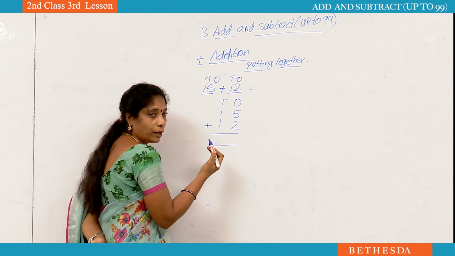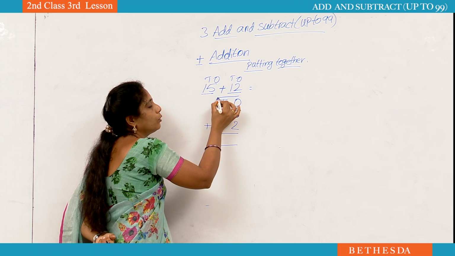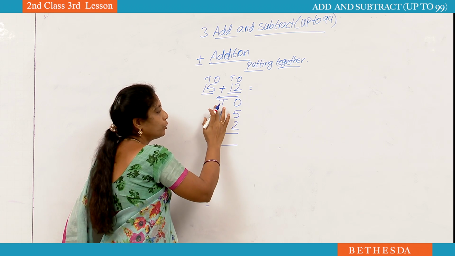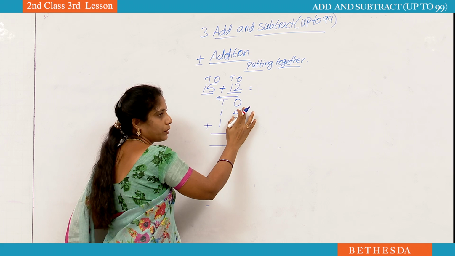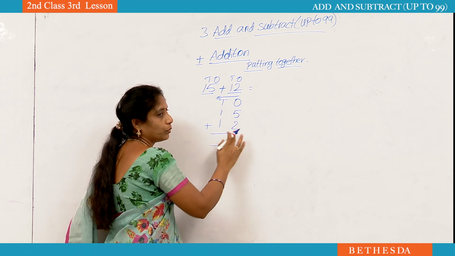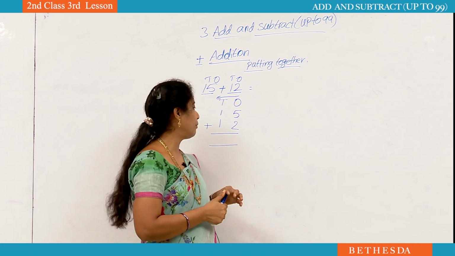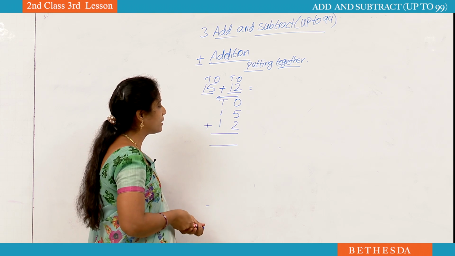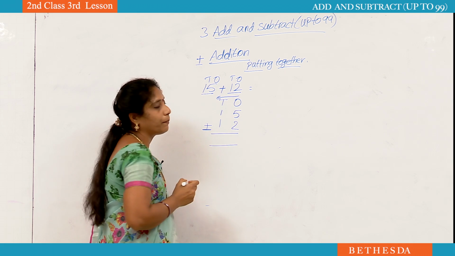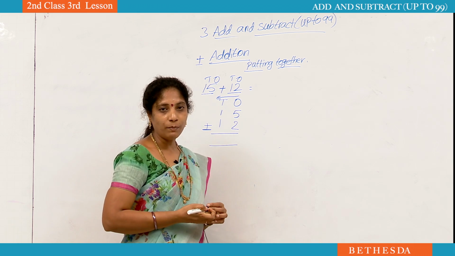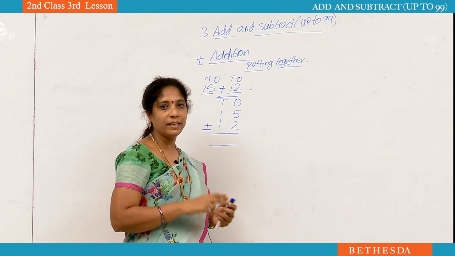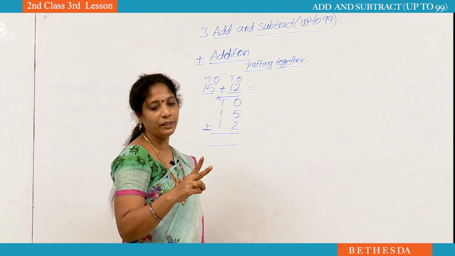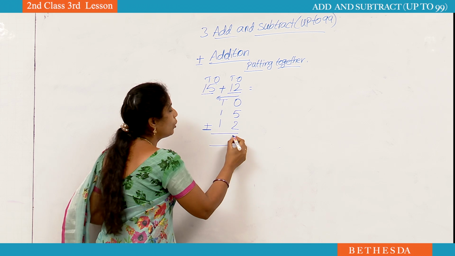Now see, while doing addition, always we have to do addition from the ones place to the highest place. We have to start from the ones place. We should not start from the tens place. 5 plus 2. See, what is this sign? Plus. While we are doing addition or subtraction, first we have to observe the symbol. Plus means addition. In addition, the big number is in my mind, the small number is in my hand. What is the big number? 5. 5 is in my mind, 2 is in my hand. 5, after that 6, 7. Now go to the tens place.